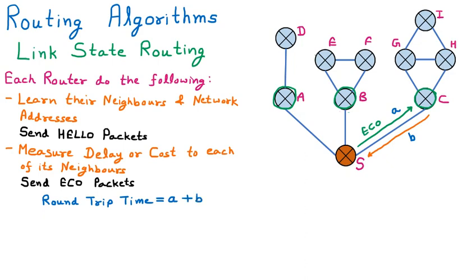Now if we have to find out the estimated delay, meaning from one side we have the total time and we want the one-side time, then we will divide it by 2. So the estimated delay will be equal to the round trip time, which is A plus B, divided by 2. So we now have the time, or we can say the cost, to reach a specific neighbor. This thing is applied with the other neighbors.